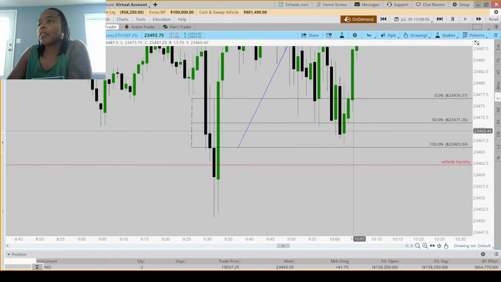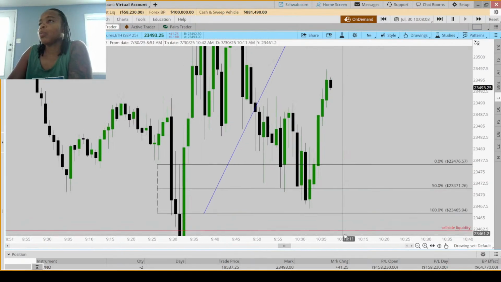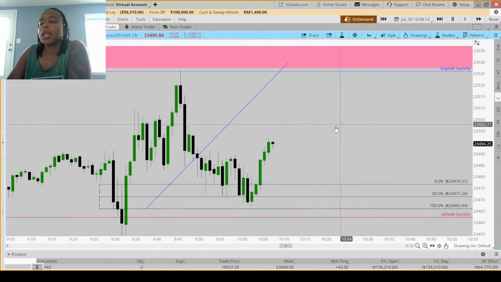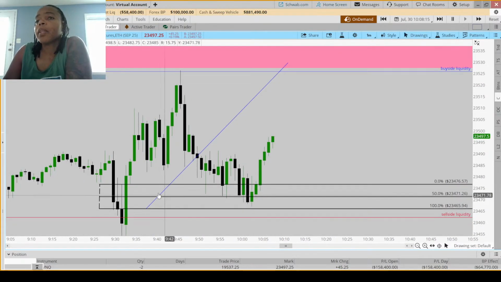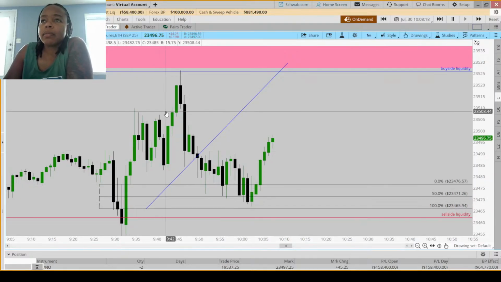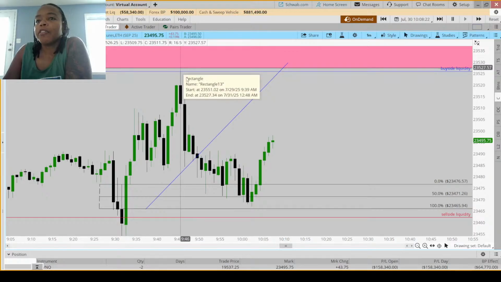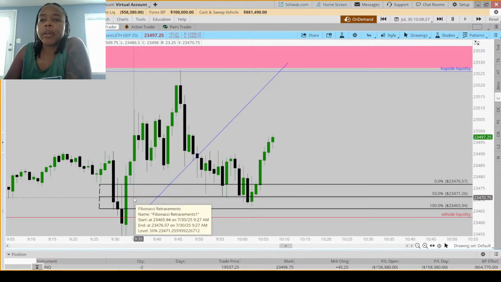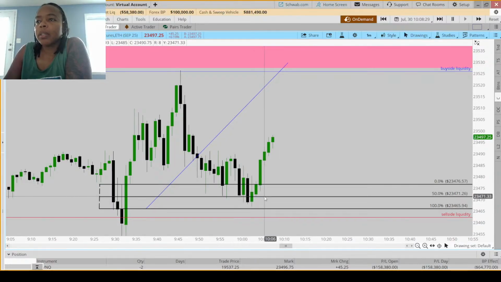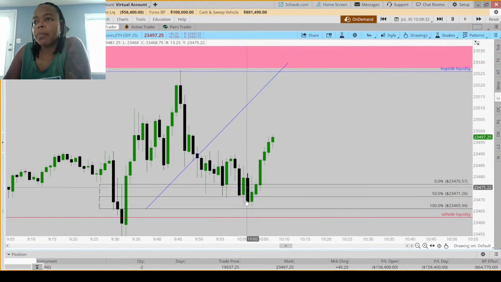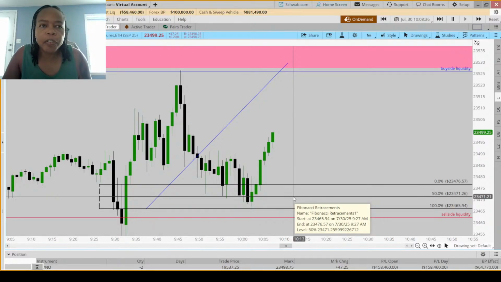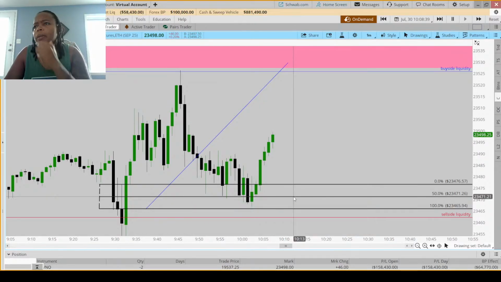That would have gotten us in to this run up, which I know takes this high out, but I wasn't thinking about it. But it would have fit the criteria. But I wouldn't have liked that they tapped this. So the fact that I saw them wick this, I would have put the order in here anyway, because I'm seeing them rejecting it. But I would have been seriously nervous about it, like super nervous about it.